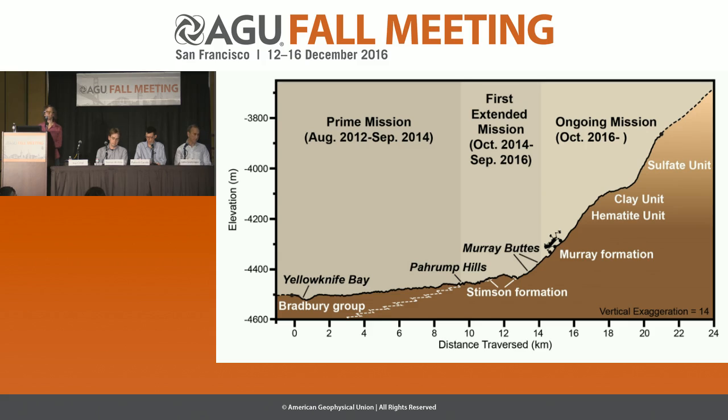So far, Curiosity has drilled and analyzed 15 rocks. Earlier in the mission, we chose targets based on each site's specific characteristics, but now that we're faced with a nearly continuous exposure of layered rocks, a systematic spacing will provide a more complete picture. So Curiosity's 4 latest drill holes were taken 25 meters apart in vertical elevation. That's Oudam through Sebina. So we have spent, and will continue to spend, a lot of time in the Murray